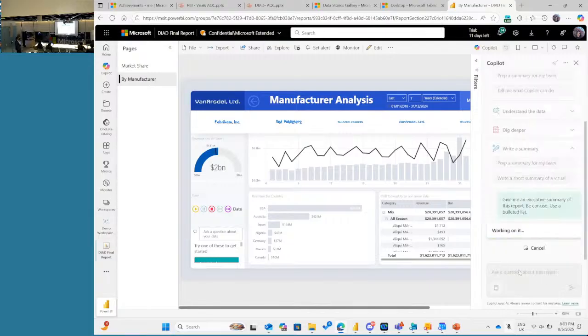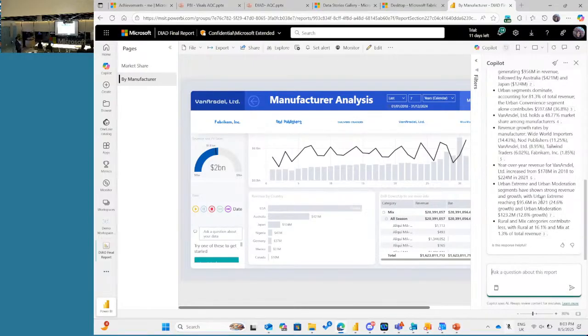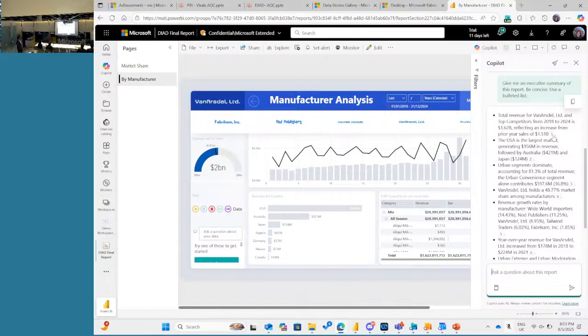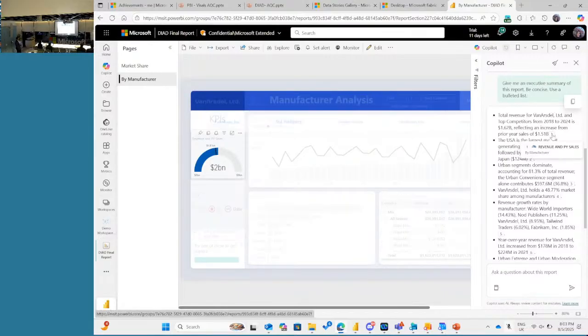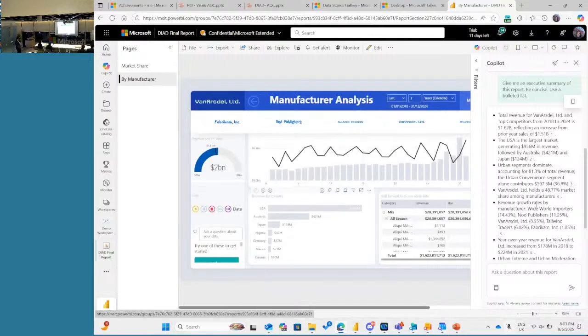What it's going to do is analyze the visuals, analyze the data and then generate a summary for me that I can then use in my team discussion real quick. It can also generate visuals for you. It can generate report pages for you. You can have a narrative summary and a lot of other cool things as well. And the really nice thing about it is that you can actually see which visual it grounded itself to generate this insight, making the results more reliable. So this is one cool feature of Copilot.